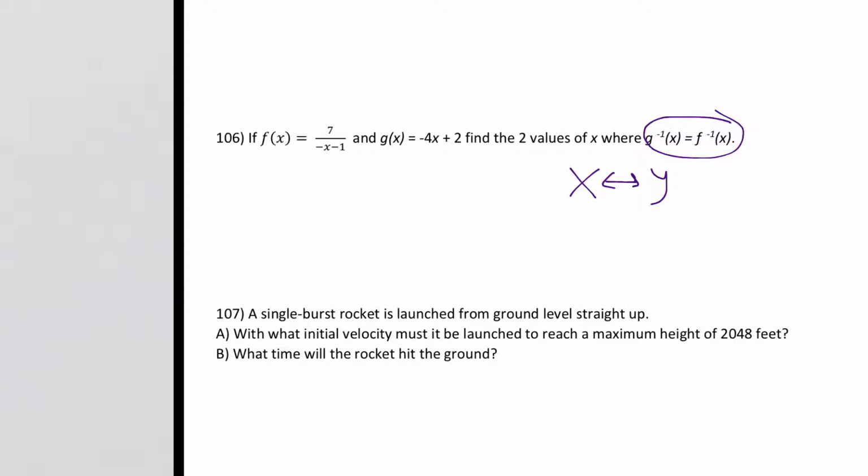So all I'm going to do to solve this problem is graph f of x, which is 7 divided by the quantity, so use parentheses, negative x minus 1, close your parentheses, and g of x, negative 4x plus 2. So again, my claim is the question wants to know the two x values where the inverses intersect,